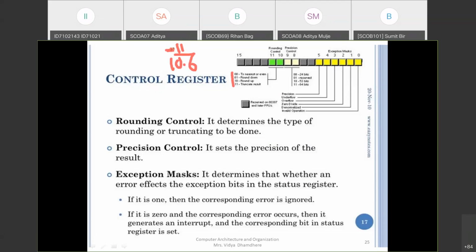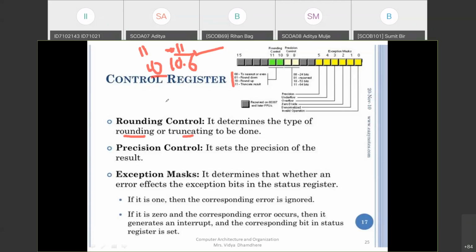And truncating means to skip the fraction part and take only the integer part, so the answer is only 10, not 11. 11 is for rounding and truncating means only 10.